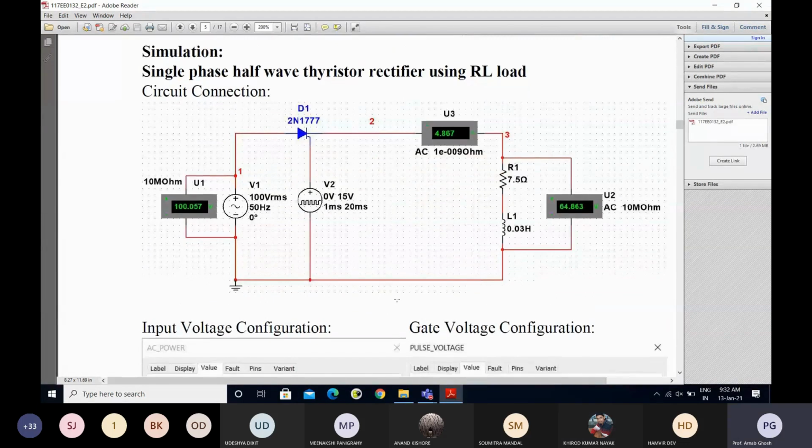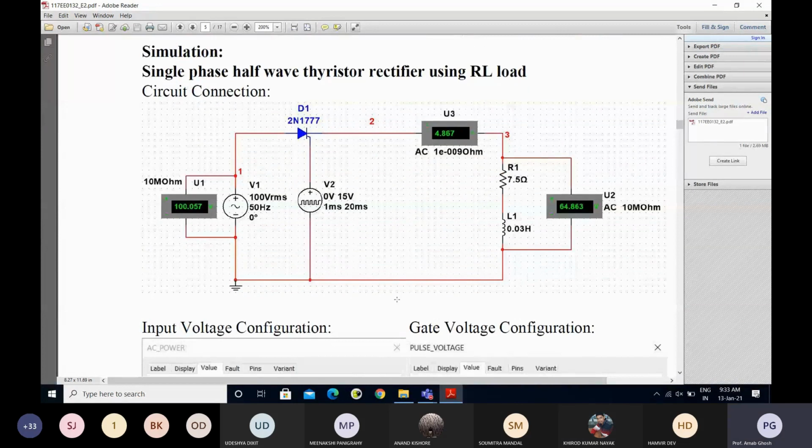But the same kind of thing that I have already discussed with Hambi. For the result section, you have to take different firing angles and fetch the current magnitude as well as the output voltage.